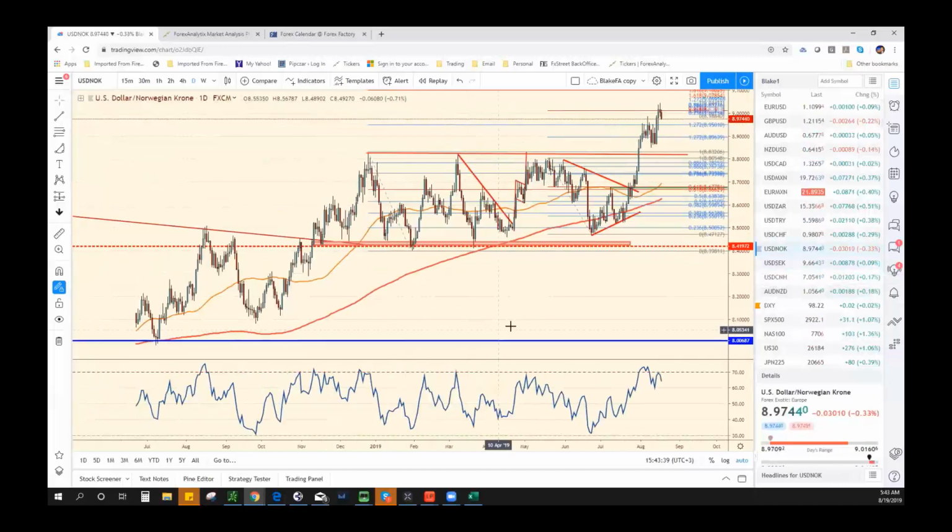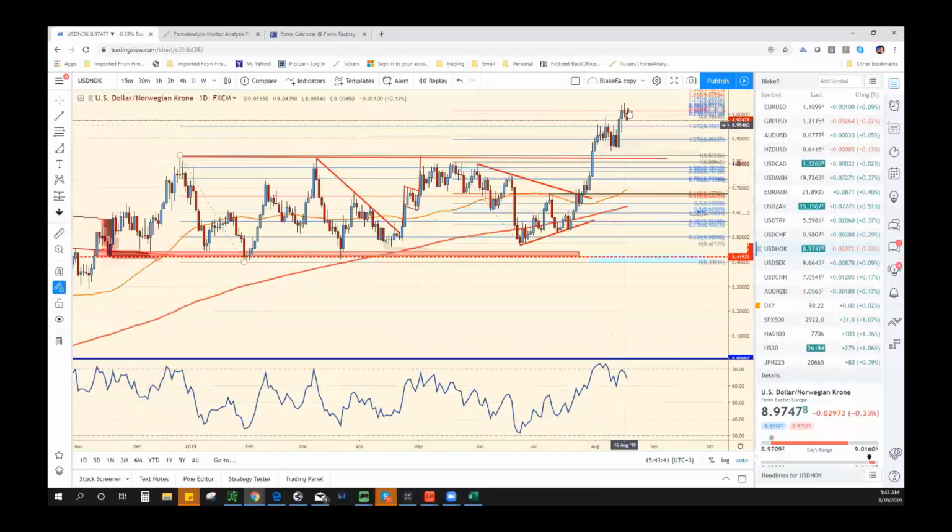I shorted this twice last week at 901 actually, and Friday was the last time I shorted it. I got in and out of it. I didn't take it home over the weekend. I closed it at like 899 something, so I barely made any money. However,